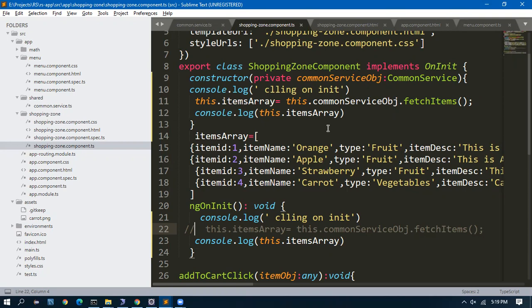We send it out through emit, we capture it here using input, and we then pass it to the child component. Second is through subject. We install RxJS. We call next in the behavior subject. We subscribe and get that value. These are the two ways through which we can pass data.